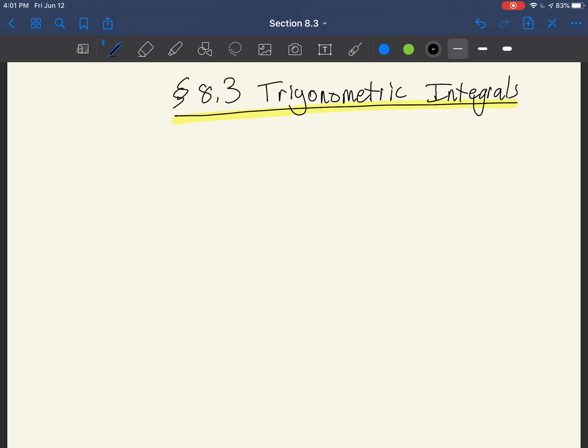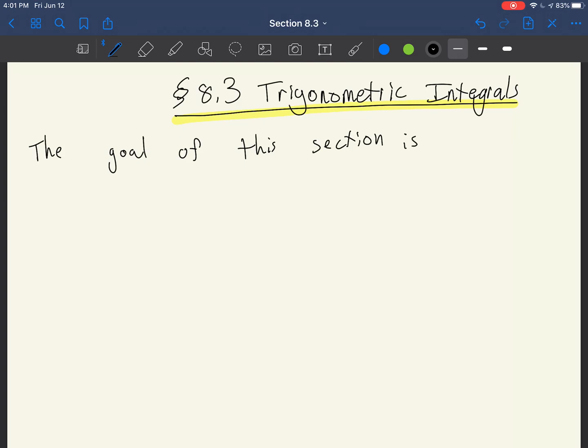Hello, welcome to section 8.3, Trigonometric Integrals. We just looked at integration by parts, and now we're going to be shifting gears and looking at a different type of integral. So the goal of this section